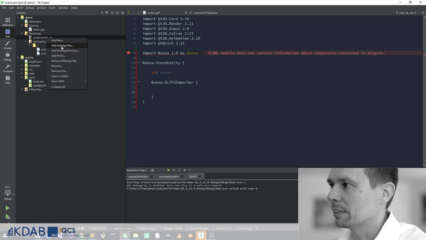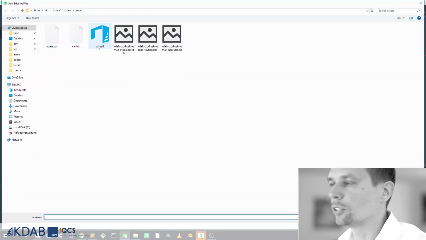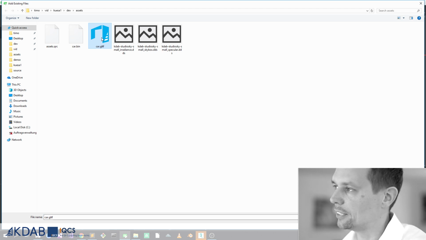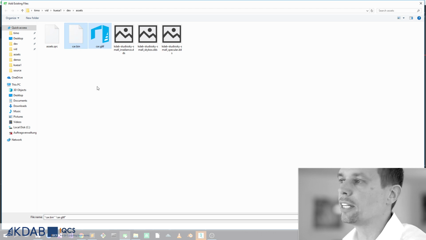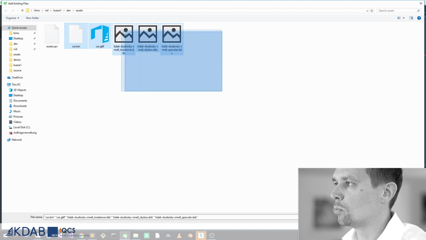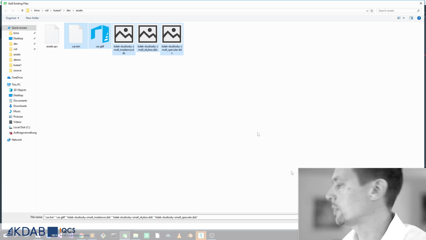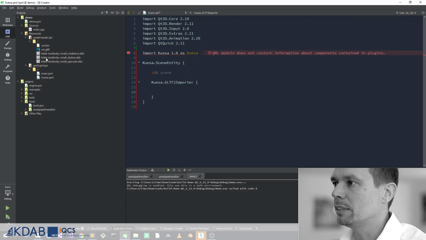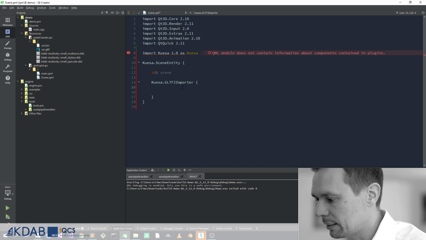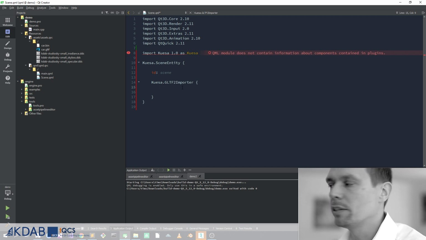So I'm going to add some existing files here. First of all, our GLTF file, which is the scene file. This comes on export with a binary file where all the mesh data and animation data is stored in. And I also want to add some environment maps for lighting, reflection, skybox and so on. So I'm going to add these to the assets QRC file,